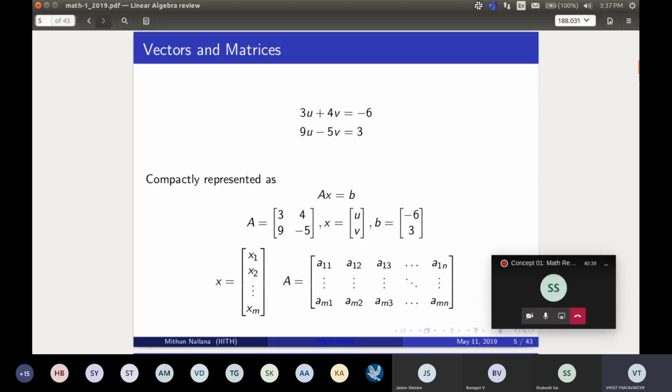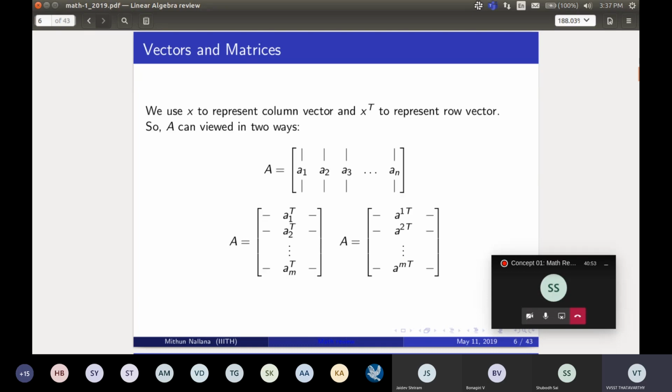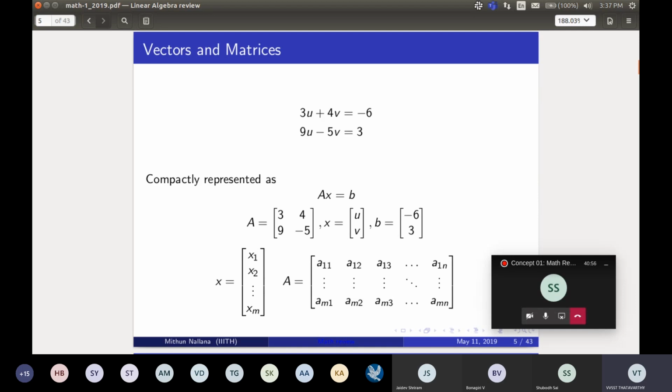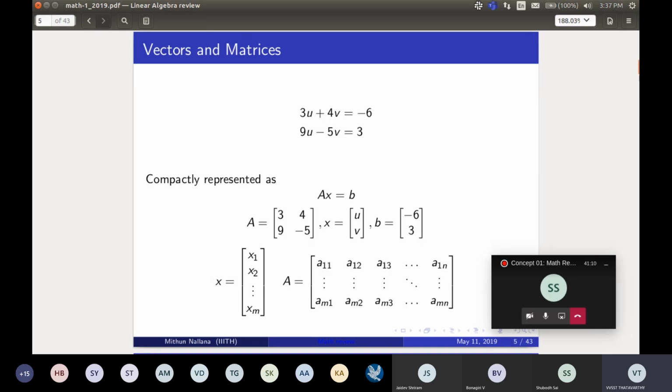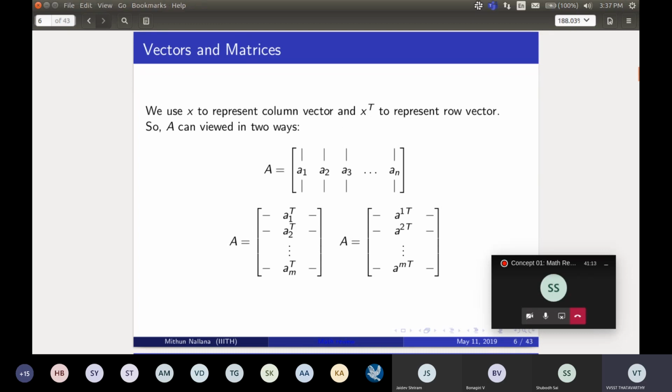Now you can look at the elements of the matrix A in different ways. You can look at it as a set of rows stacked on top of each other, or there is one more way: you can look at them as column vectors stacked horizontally. A1 represents a column vector and A2 represents another column vector, and now you have n such columns. This is what a column picture of this matrix looks like.